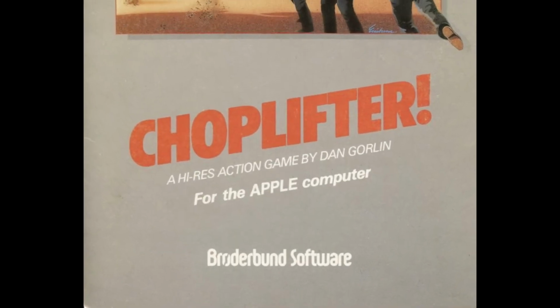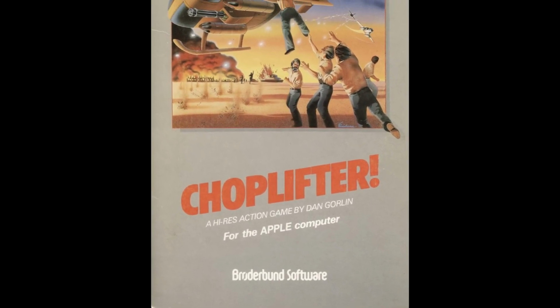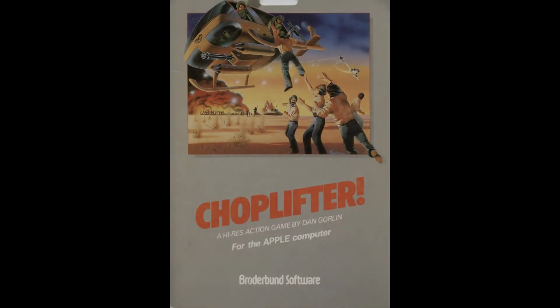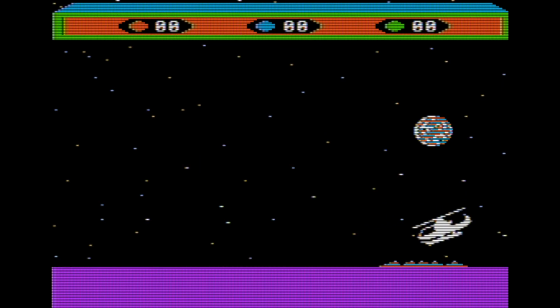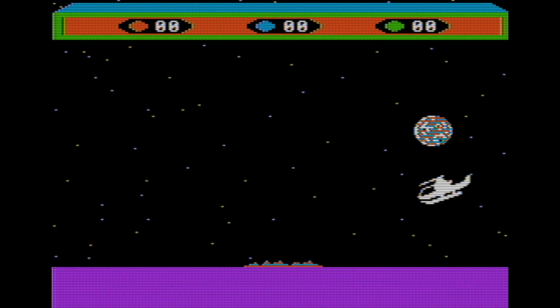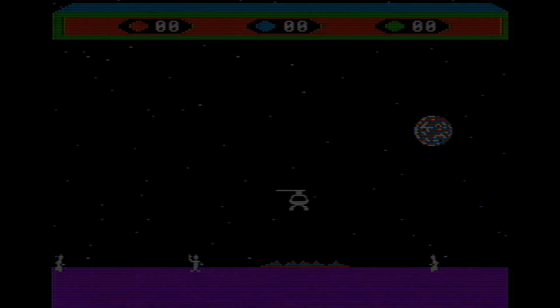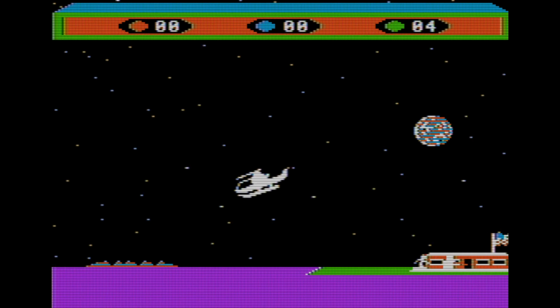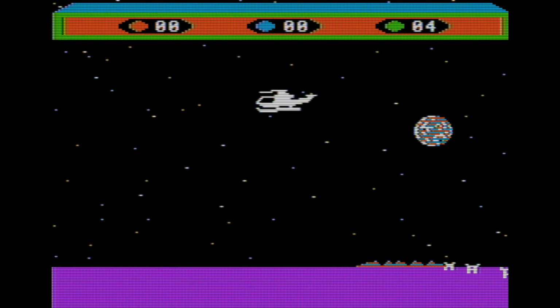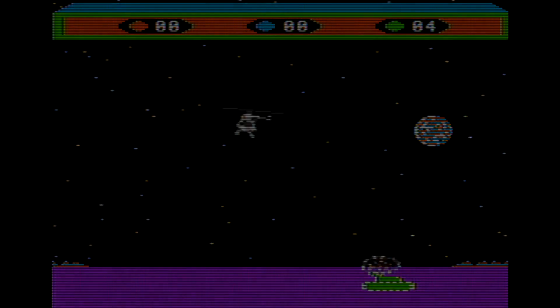Within a month of Choplifter's release, 9,000 copies of the game were sold. Choplifter was popular. The critics were also positive about the game. In particular, the animation and the graphics of the game were seen as some of the best in computer games. Choplifter would spawn its own ports, sequels, remakes, and even spiritual successors. We will keep an eye on these as we continue.